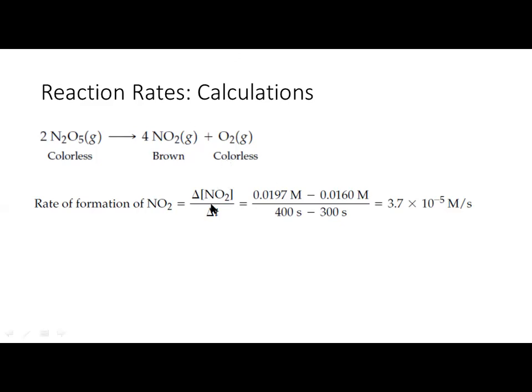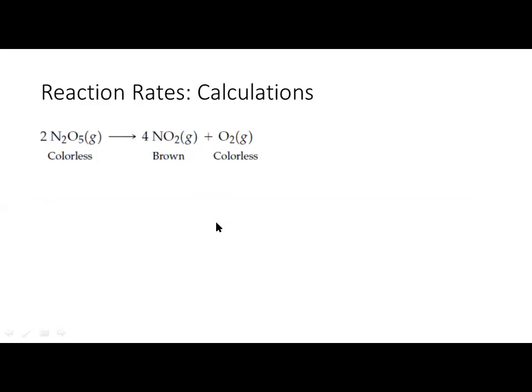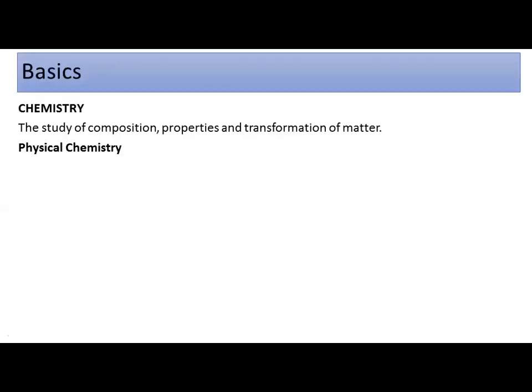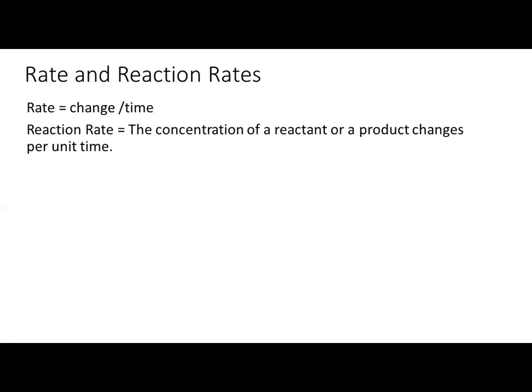And why have we written NO2 inside the concentration? Because here we are discussing the rate of formation of NO2. That's why NO2 is here. So this is the change in concentration of NO2 per change in time. T is the time, and again delta is the change. As you remember, this is the formula. We are just elaborating this formula that we discussed in the previous class.